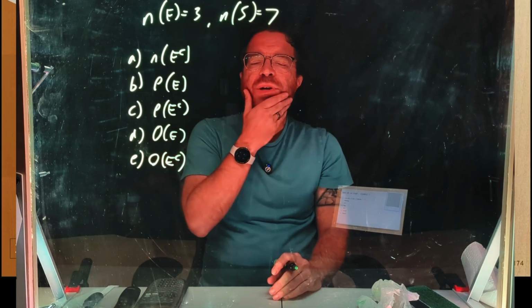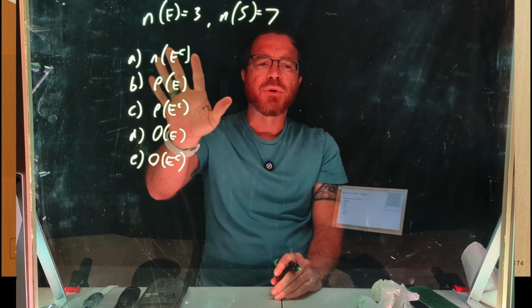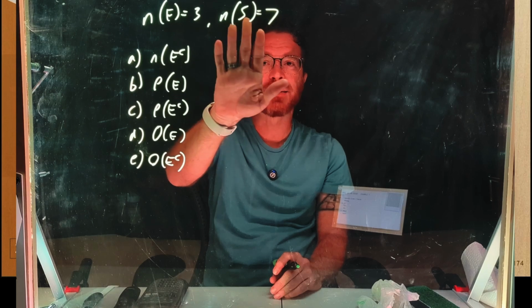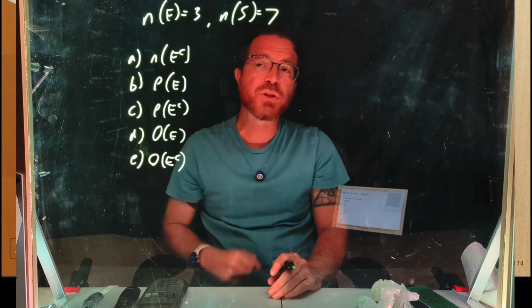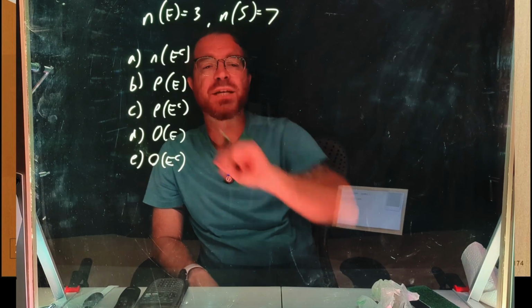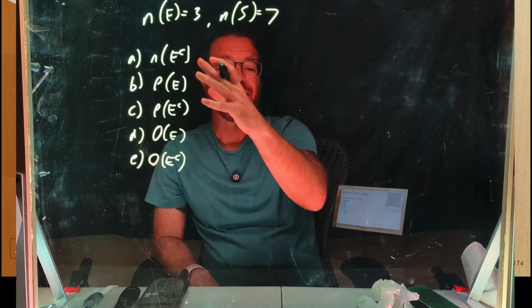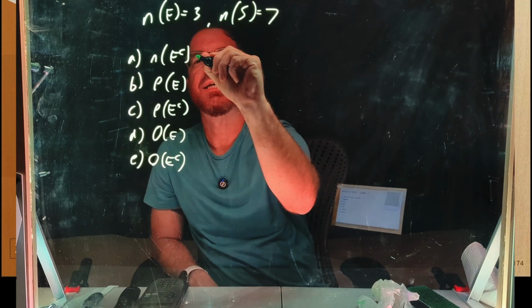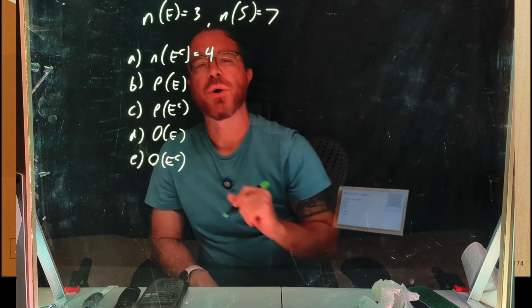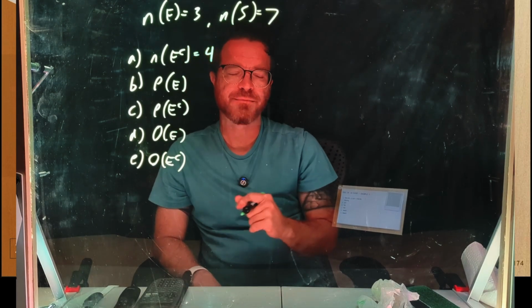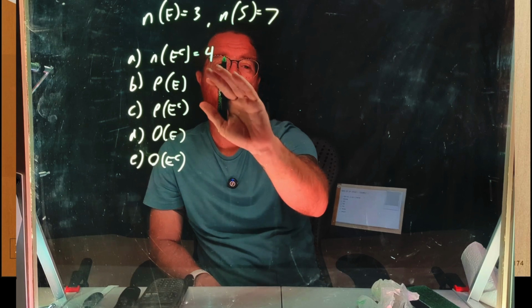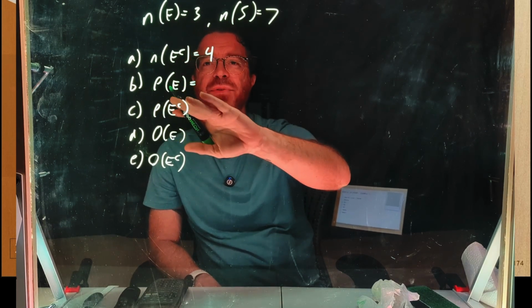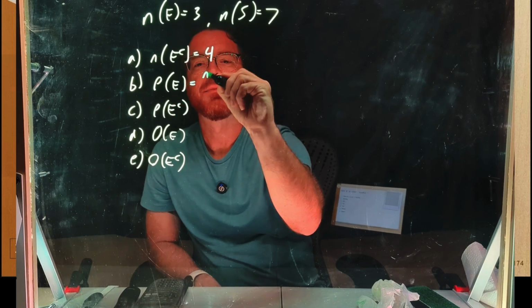So the first thing we're going to do is figure out the number of outcomes in the complement of our event. If the sample space has a number of 7, that means we have 7 total possible outcomes. 3 of them are our event E. So how many are left to be our complement, or not event E? That would be 4. And then from there, the probability of event E would just be the number of outcomes in E